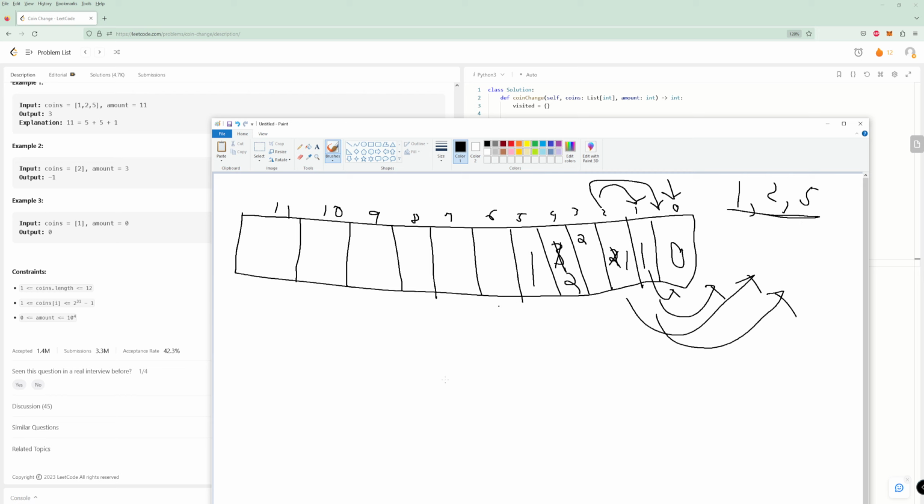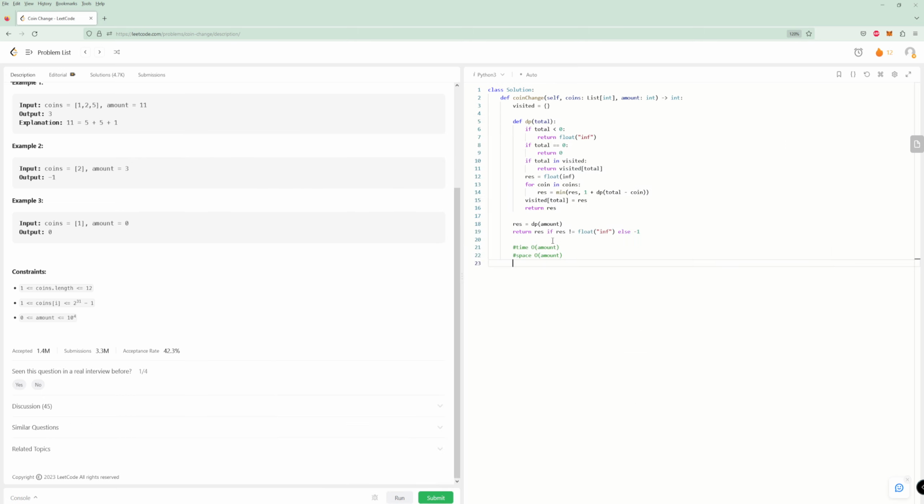So we're just going to do whatever index we're at plus the coin, we're going to see, are we in bounds? If we're not in bounds, then the result's going to be infinity. Otherwise, it's going to be a number, and we try to minimize whatever that is. So now we just have to code this up, and that should be pretty straightforward. So let's actually